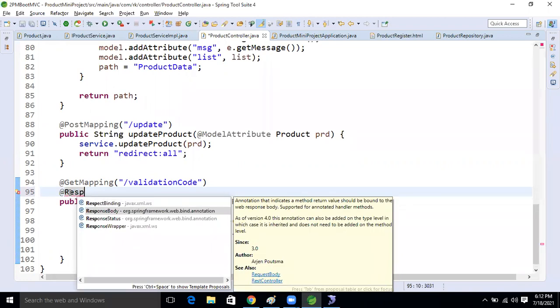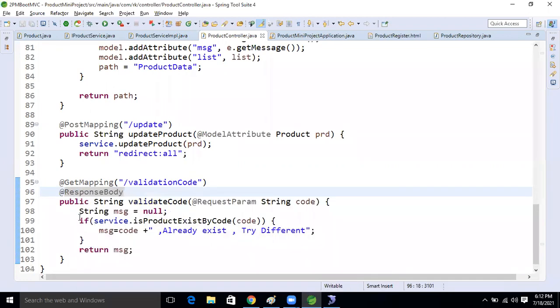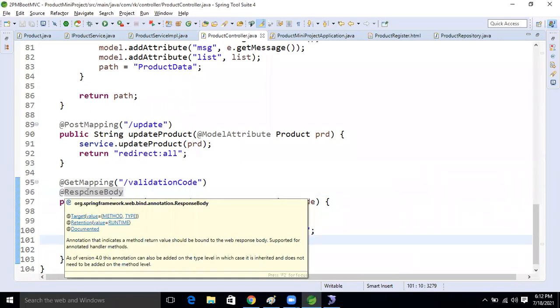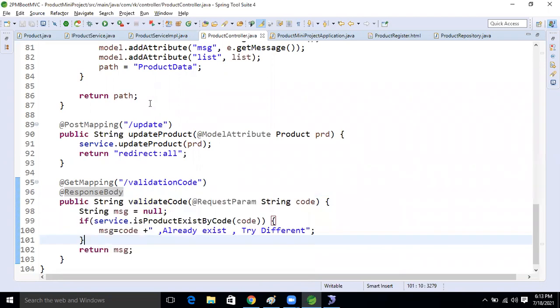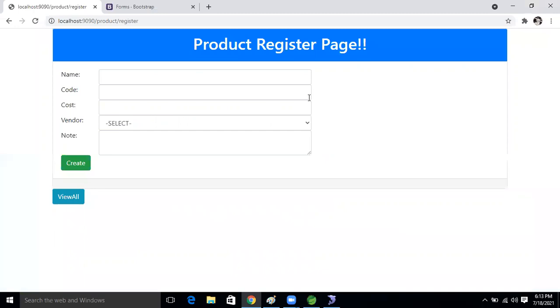We will just write that response body. What will happen is this message can be exposed in the response. This message will be packed in the response body, and later we will read this message here.